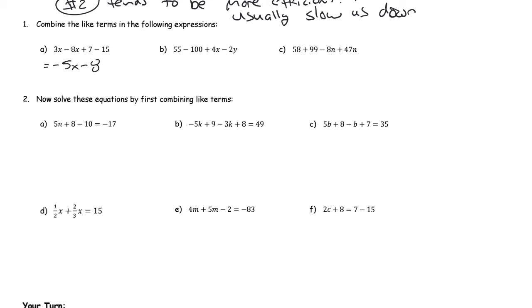And so there we go. And that's as far as I can go. I can't combine those two terms because I can't do the multiplication. I can't multiply the negative 5 by the x because I don't know what x is. So that's where I stop. Here for this one,